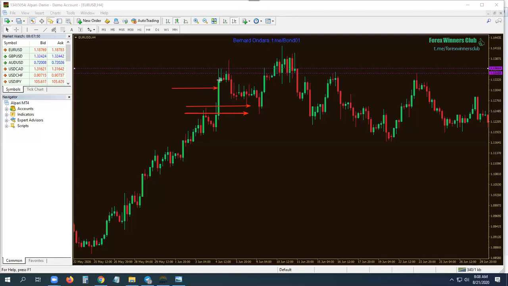So after it has closed up here, where it closed, they'll enter a buy. They'll buy because now they know we have broken resistance, we can continue going up. But what did you see the market doing instead? The market does the exact opposite, and the stop loss hits. You can see the same thing here. Support is broken, the market goes back up.